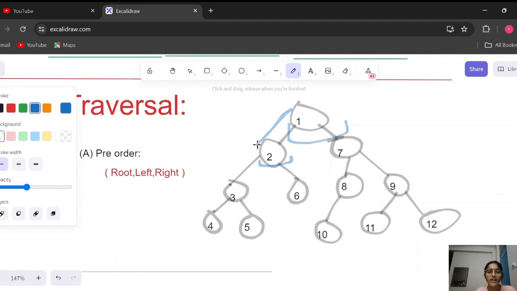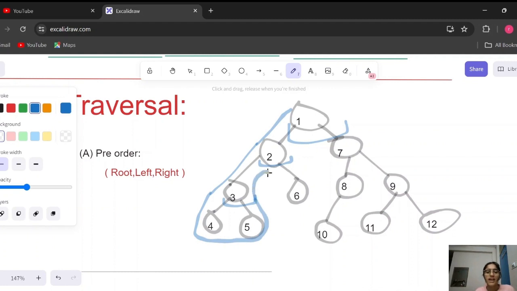After the 2, it is the root, and then go to the left. And now this will become the root. Now it is the root, go to the left. Now we are in the left. Now we don't have any root, so it will complete. Like root, left, right. So 3 is the root, 4 is the left, 5 is the right. You got this? And then we'll